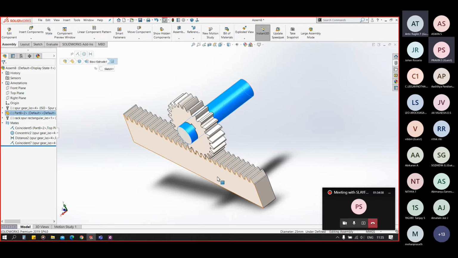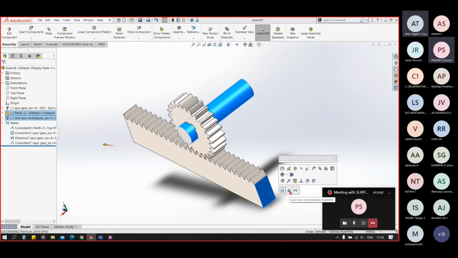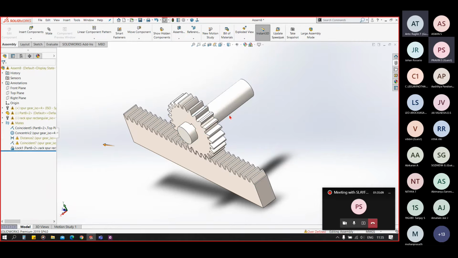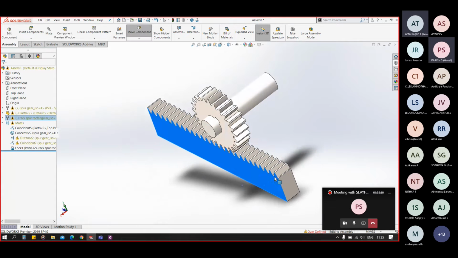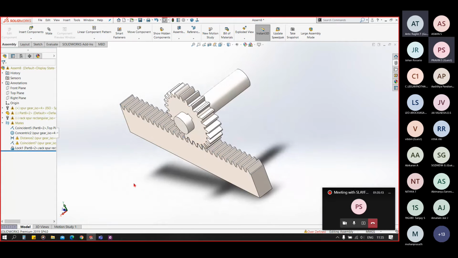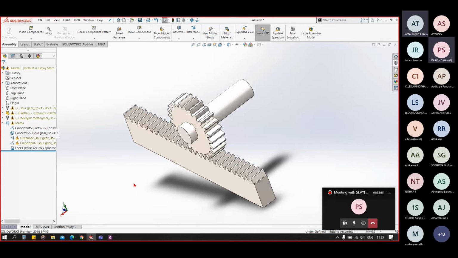So select the shaft and rack, click on lock. Now you can see they are locked together, but there are lots of errors in that.